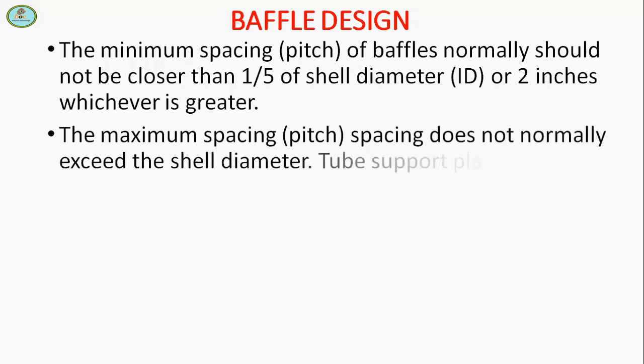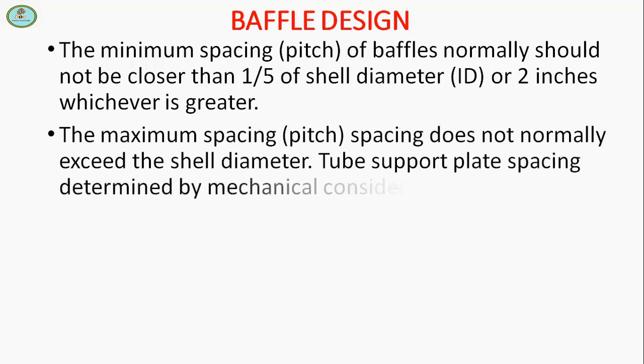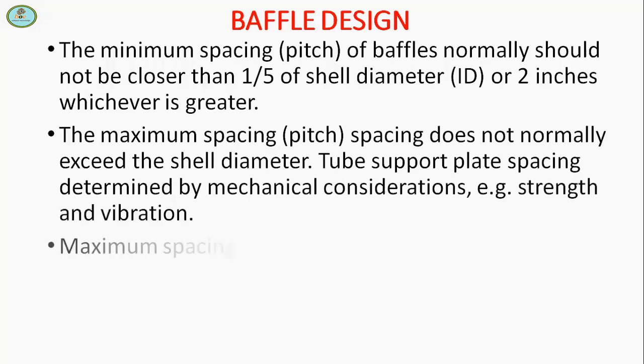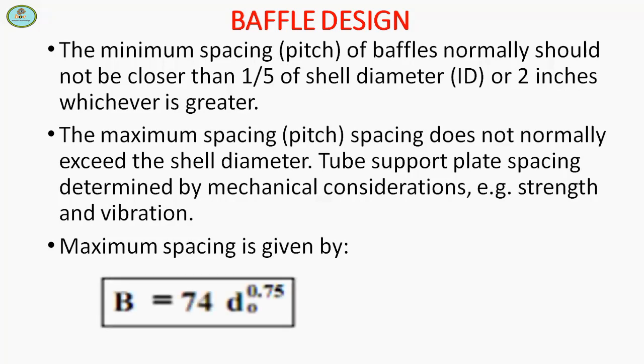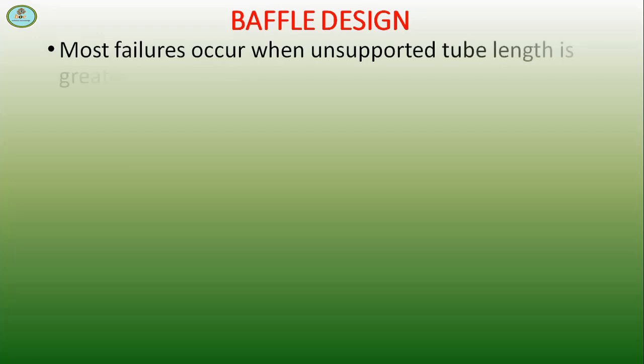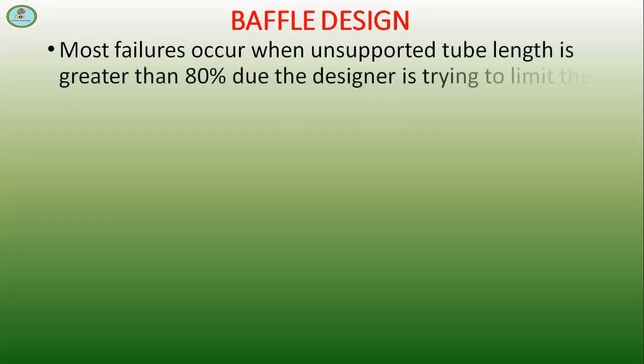Tube support plate spacing is determined by mechanical considerations, for example strength and vibration. Maximum spacing is given by B is equal to 74 D to the power 0.6, 0.75. Most failures occur when unsupported tube length is greater than 80% due to the designer trying to limit the